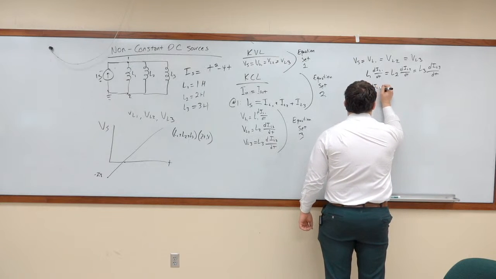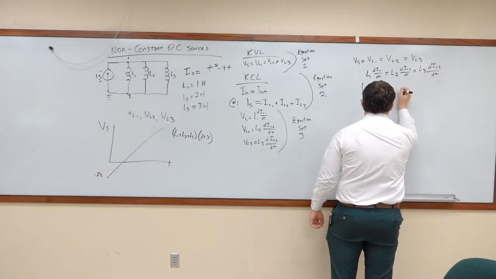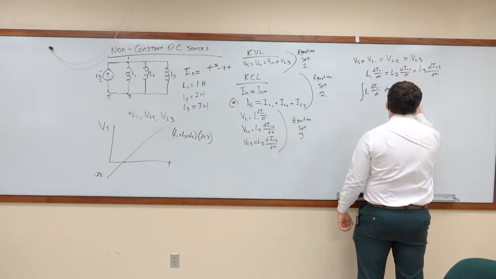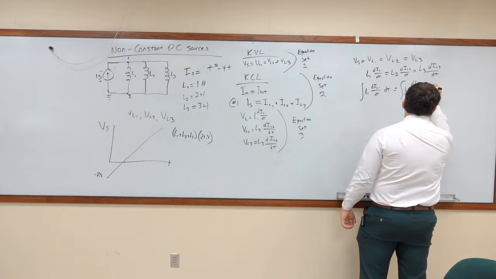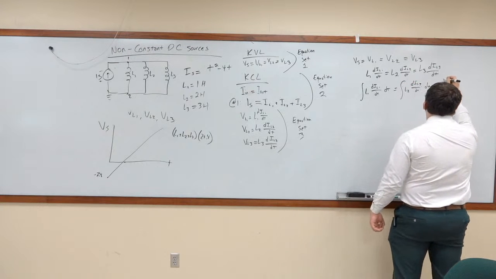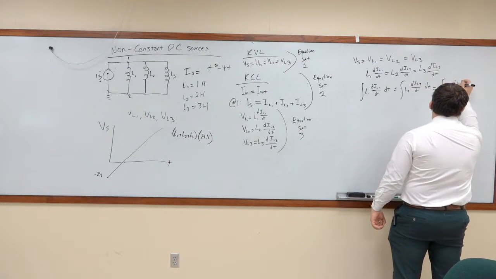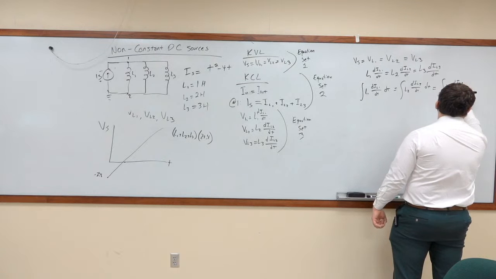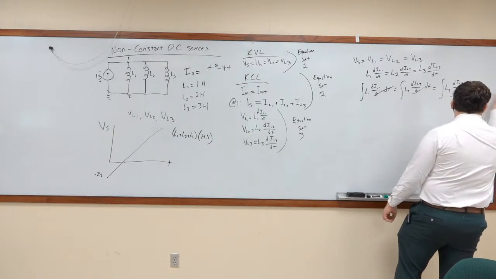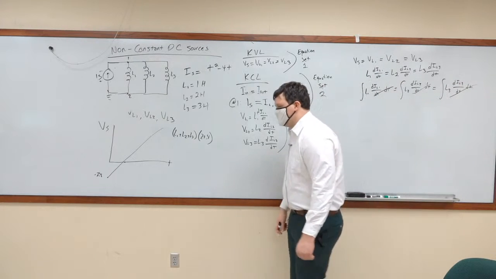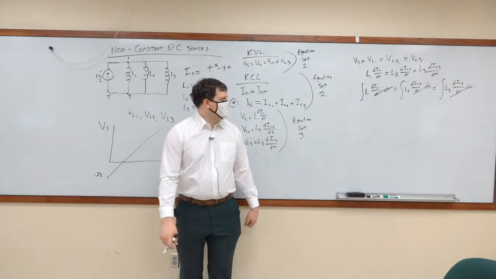The integral of L1 dIL1/dt dt equals the integral of L2 dIL2/dt dt equals the integral of L3 dIL3/dt dt. Now you'll notice that the dt's cancel out in all of these because we're just integrating with time. And what you end up with is